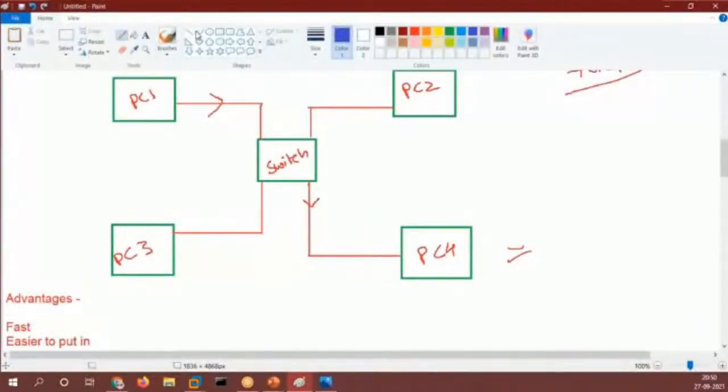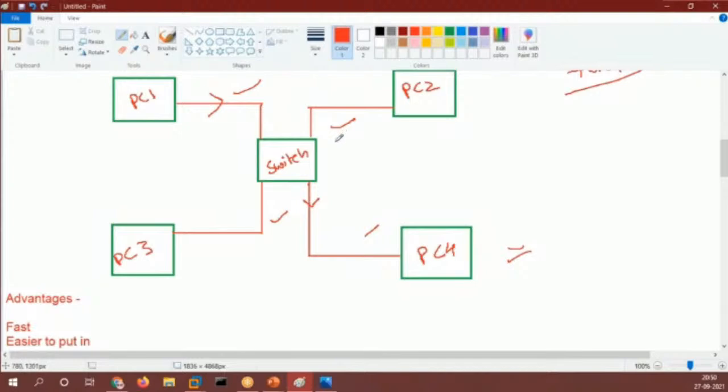Where can the fault be? You will not check this wire. You will not check this wire. You will check either this wire or this wire. So fault detection is very easy.